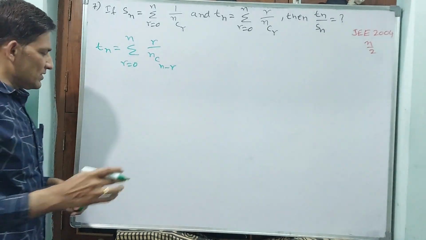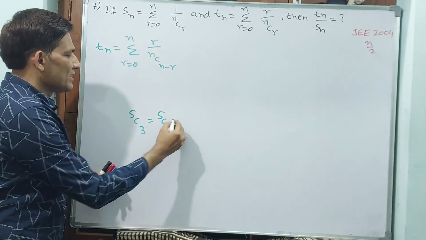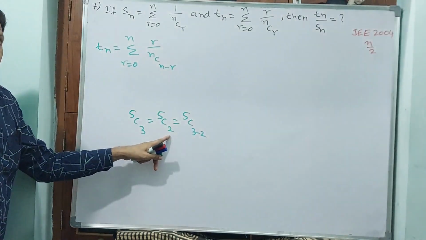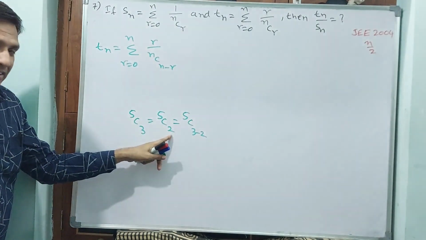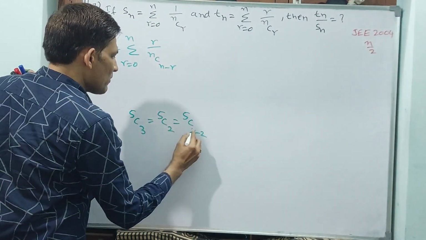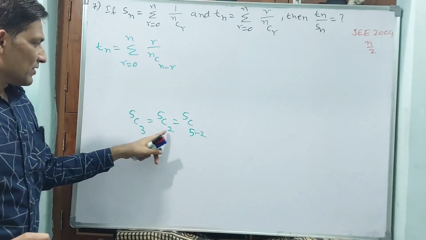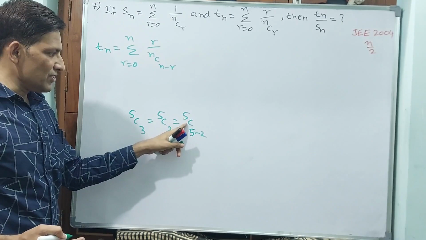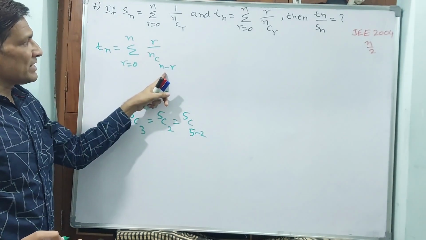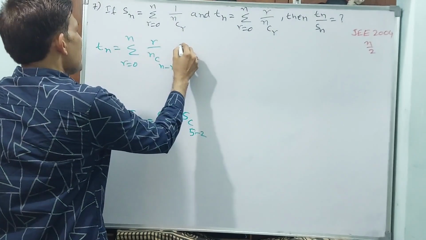Both are same. Why? Because see what I want to say. See, 5C3 is equal to 5C2, which means this I can also write as 5C(3 minus 2)... sorry, 5C(5 minus 2). nC(n minus r). This is r, nC(n minus r). 5 minus 2 is 3. Both are same. Same thing I have written here. That means nCr is equal to nC(n minus r). Both are same.